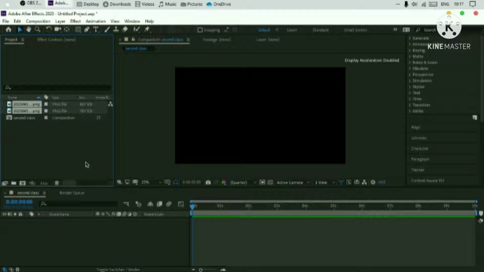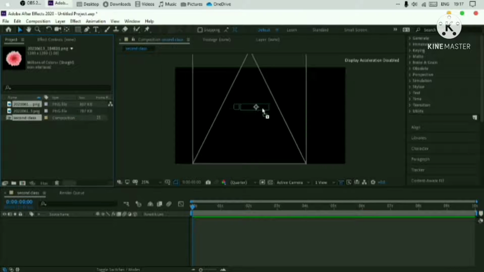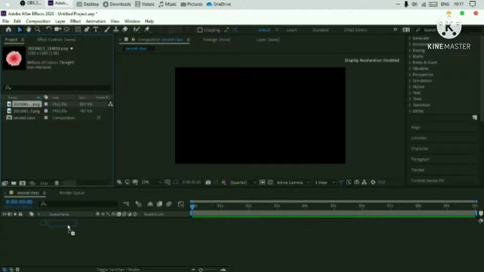Okay. So now, as I told you, to do one animation, you have to drag these imported files to the black color display window or your timeline. So you can do that. Alright, so let's select one file, for example, this one. This is a flower. Both are flowers actually, but both are different flowers. Okay, so you can just drag it to this display or else the timeline.